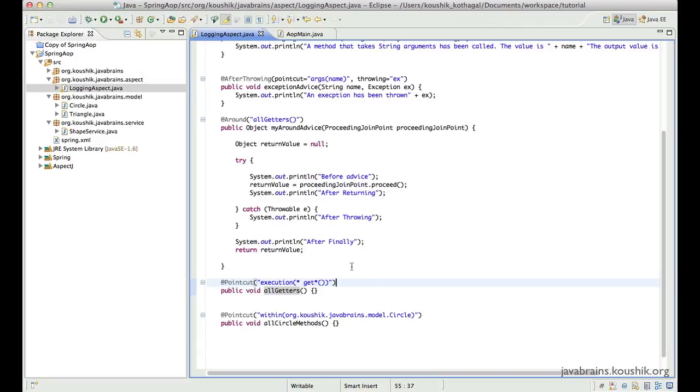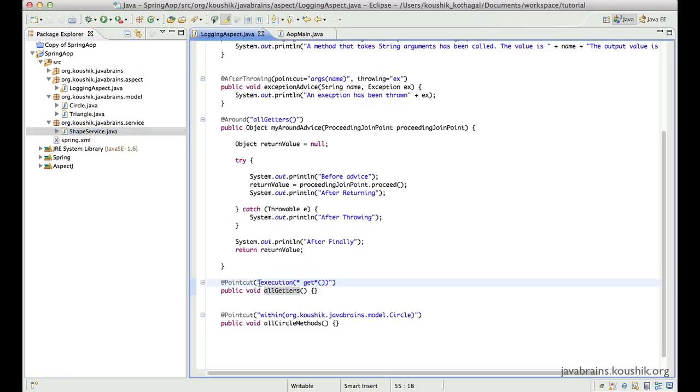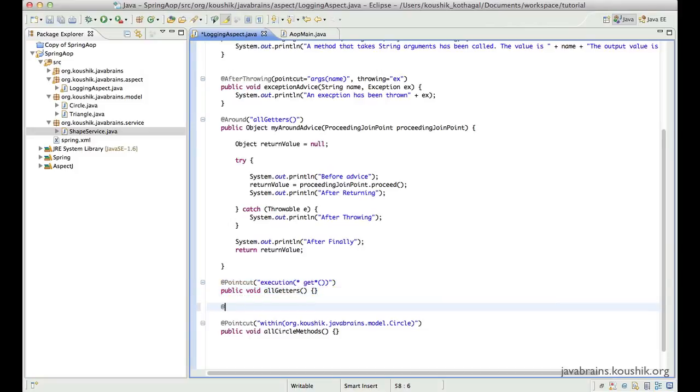Generally, let's say you want to apply it to all your business service methods. So when it comes to writing point cuts for such situations, it's very handy to have a predefined package structure and a predefined class name convention so that you can write your point cut expressions easily. So here, let's say I want to write a point cut for, let me write a new one here. Let's say I want to apply a point cut for all service methods. So it could be as simple as point cut